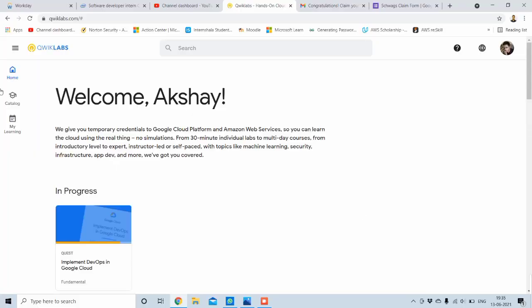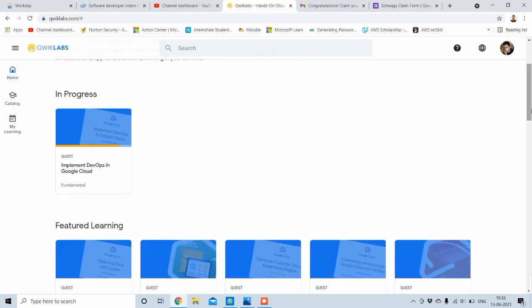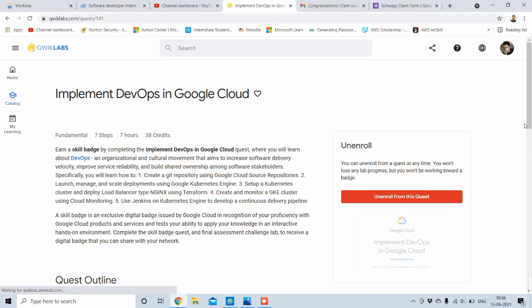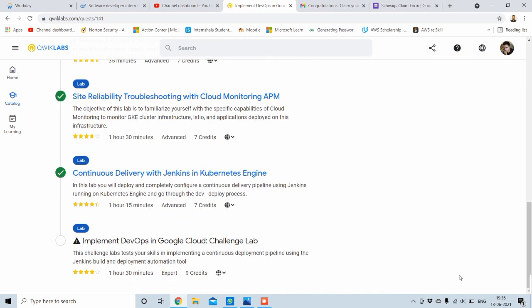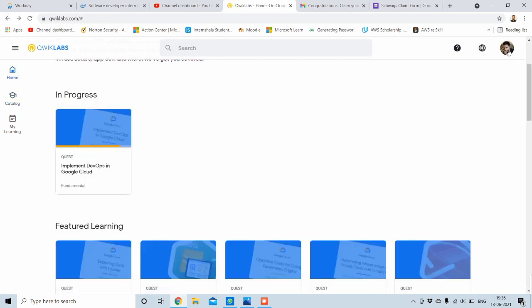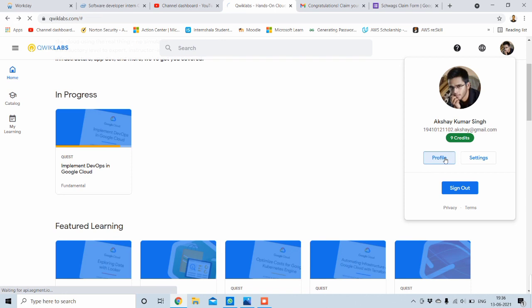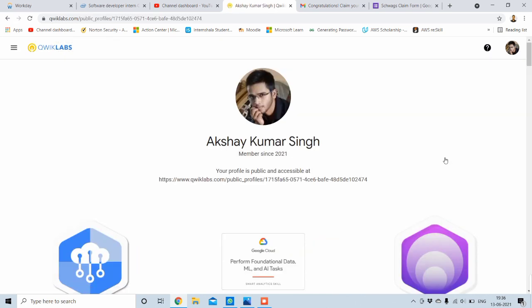So friends, here we are on the Qwiklabs platform, and you can see this is my registered mail ID, the registered account from which I completed the labs. Here you can see there are in-progress badges, and there are no badges left. Firstly, I am going to show you this 12th one, called Implement DevOps in Google Cloud. There is one challenge lab that is in maintenance, and that's why you can see it is shown as in maintenance. Because of that it isn't completed, and many students haven't completed it. But from Google Cloud this is not compulsory, and they give us swags without completing this also.